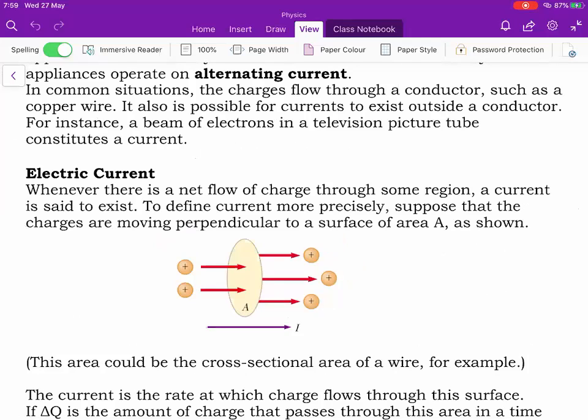So the basic idea about current electricity is that it deals with charge which is in motion. And in this chapter, primarily, we'll be discussing the case of conducting wires where electrons are the free charge carriers, which are responsible for the current. Now, what is current? Current is the rate at which charge is flowing through a given cross section of wire.